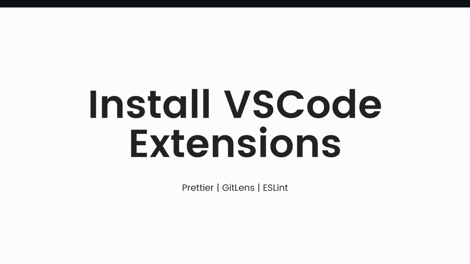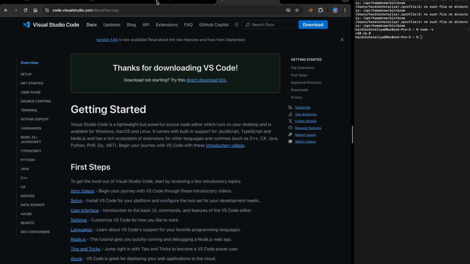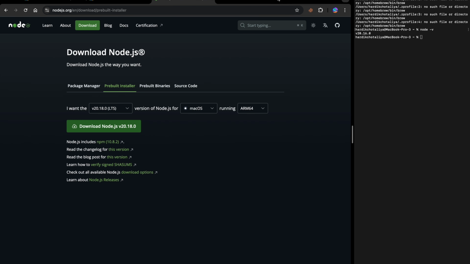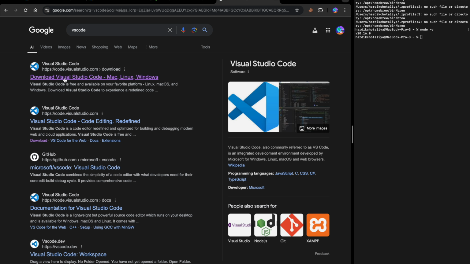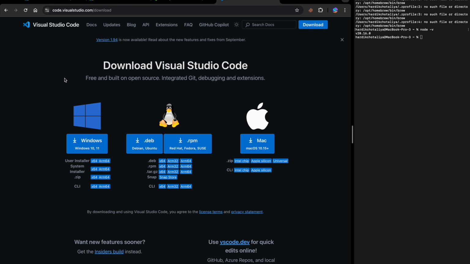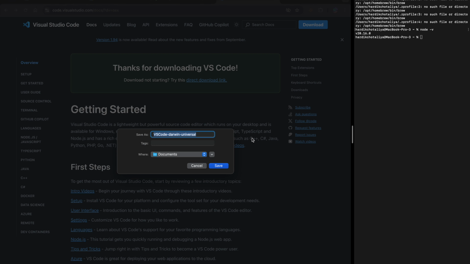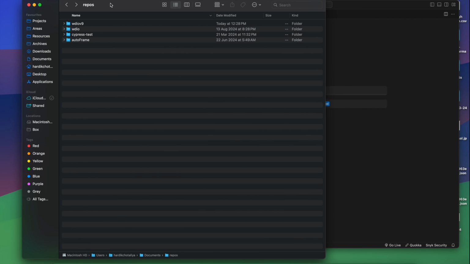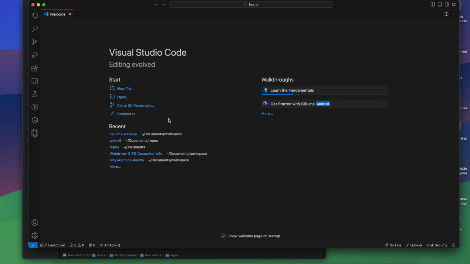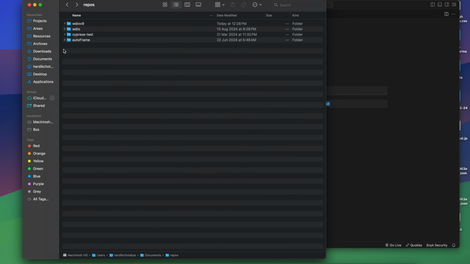Install now the VS Code extension. So I have shown, this is the website. Just go to Google, search VS Code and press enter, and you will land on the Download Visual Studio Code page. Just click on MacBook or Windows, wherever you want to download. After clicking, you will be able to see that. We have already installed this VS Code, that you can check here.